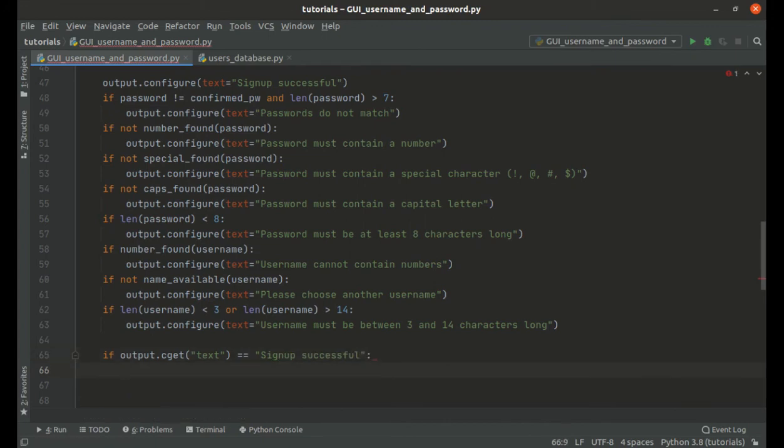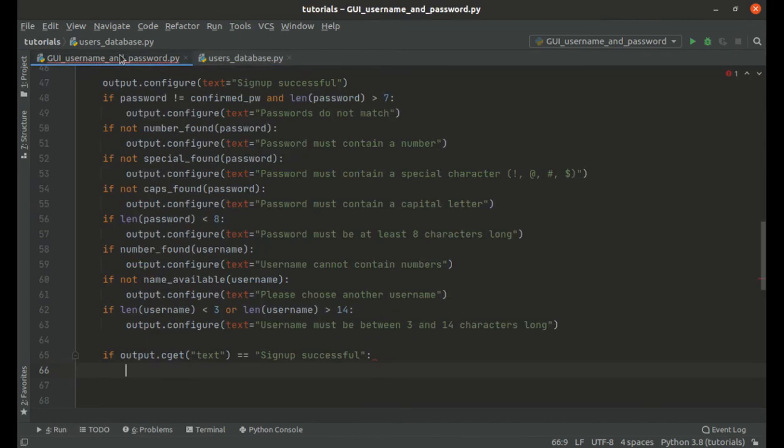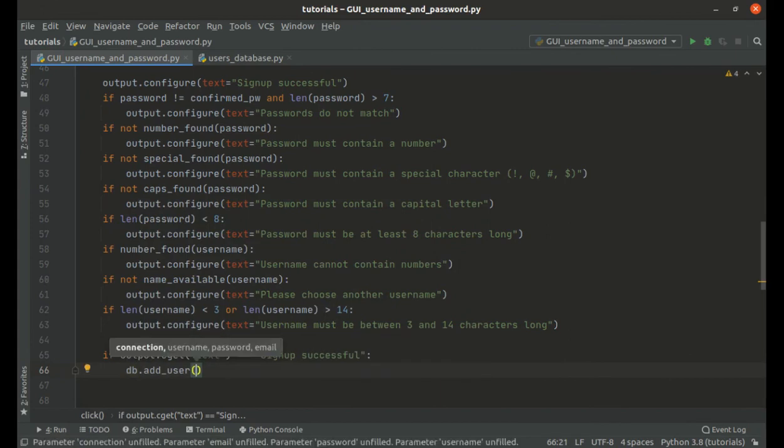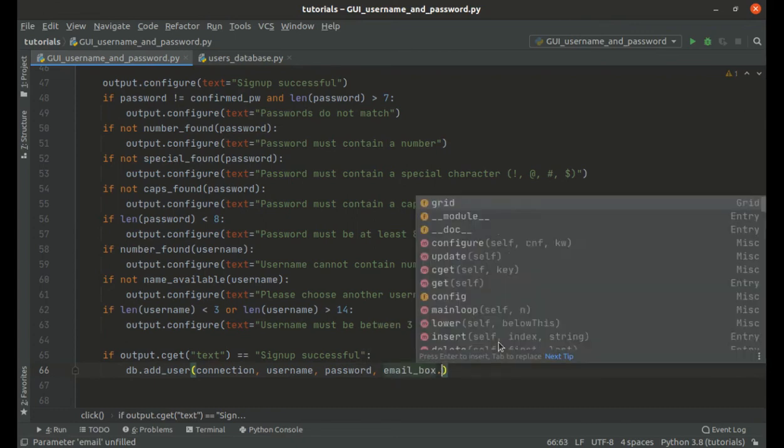and if that is true, we can use the add user function in our database module here, and remember we need to pass in the connection, the username, the password, and the email. So we need to say db dot add user, and then pass in the connection, username, password, and then we're going to get that email out of the email box. So email box.get,